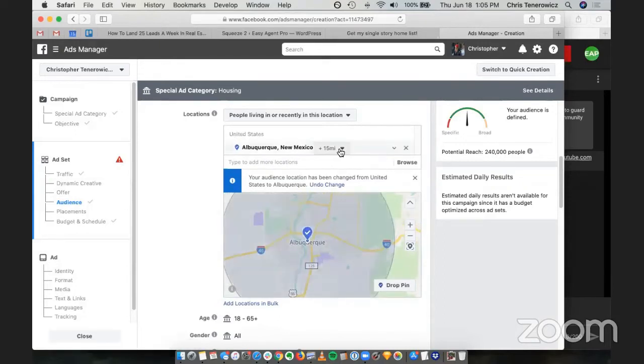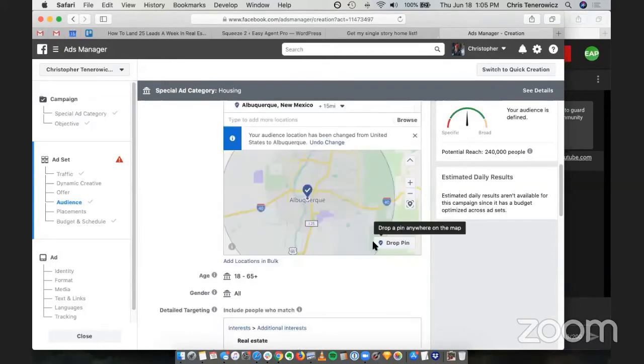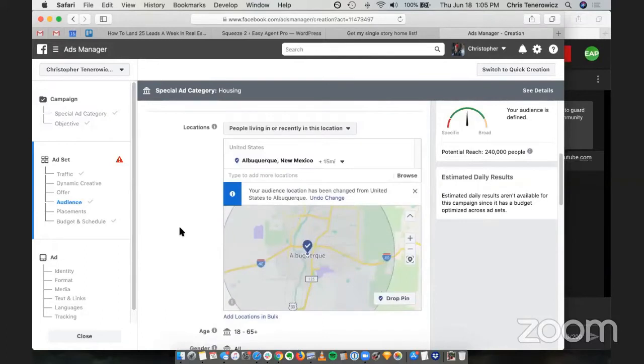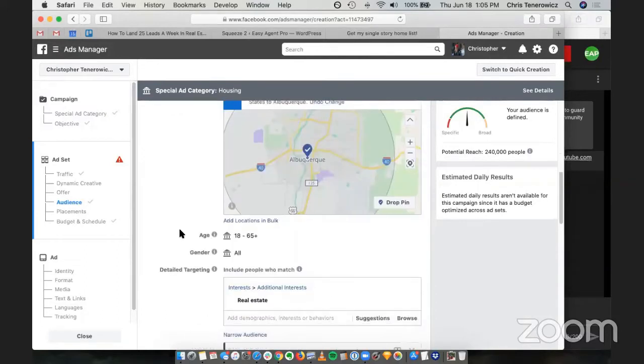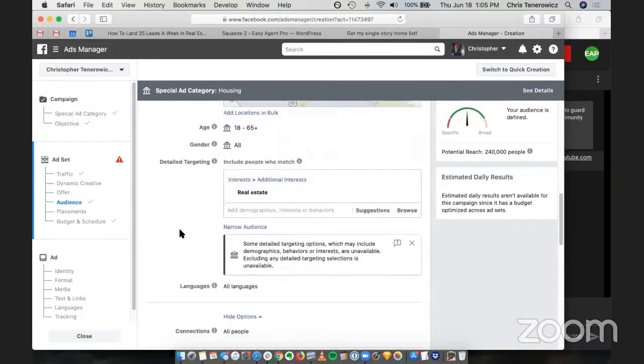I'm just going to narrow that down to 8 miles. And that actually might be 15. So 15 is actually the narrowest that you can go for an ad like this for housing. Facebook has added a lot of this to prevent housing discrimination. Kind of an interesting thing.